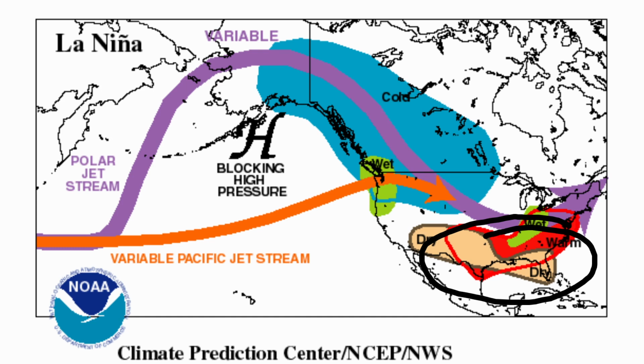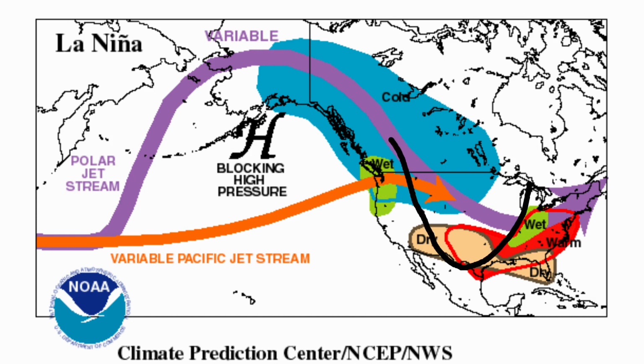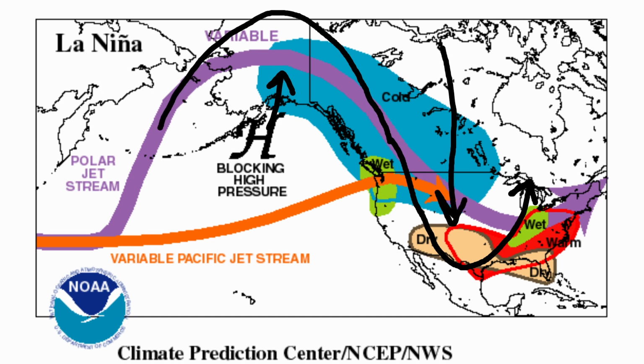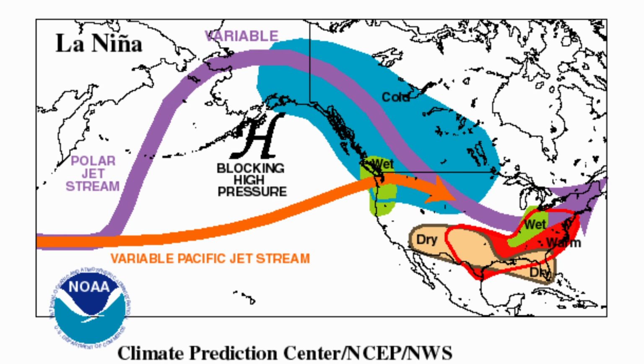But that is not in all years. There are definitely some La Ninas where that high pressure up near Alaska is so far to the north, it's actually in parts of Alaska. It's over central Alaska, and that makes that jet stream move all the way up, and it's going to have to go all the way down as well. So there are some winters where the southern plains get in on some of the really cold temperatures, and I'm going to show you a chart of that in just a moment, which will show you some examples of that happening.